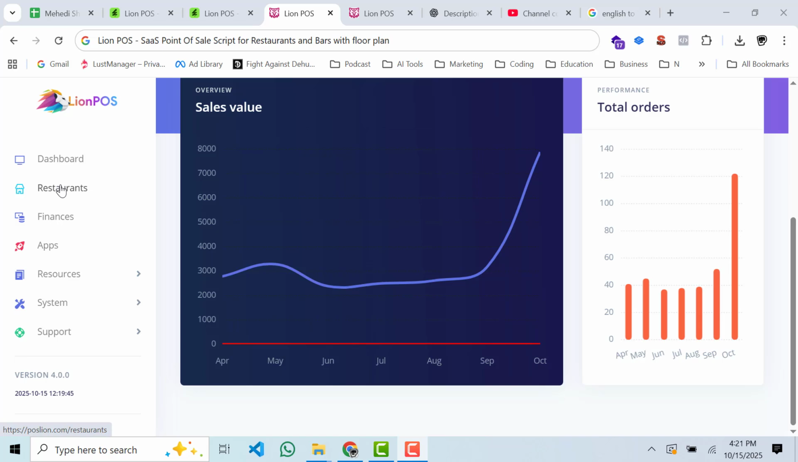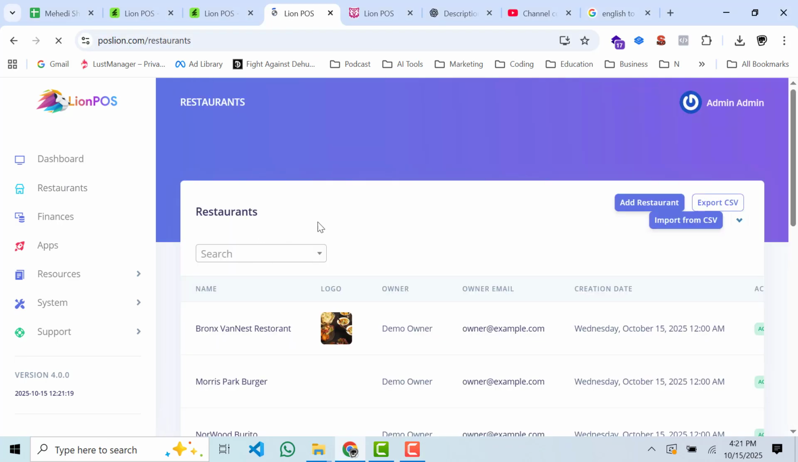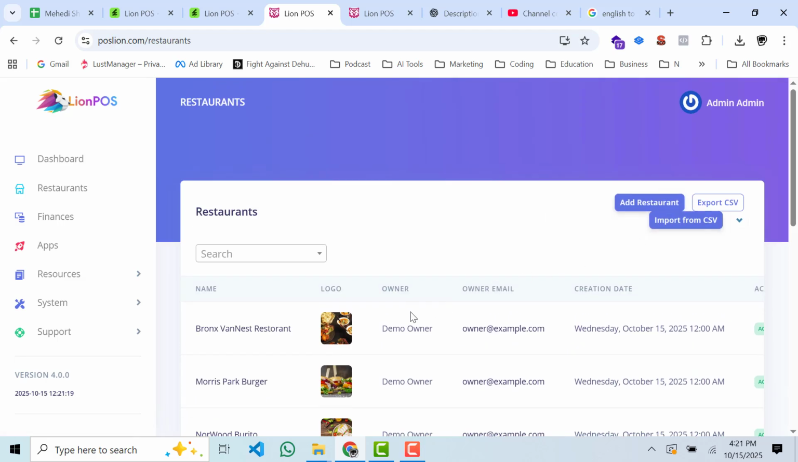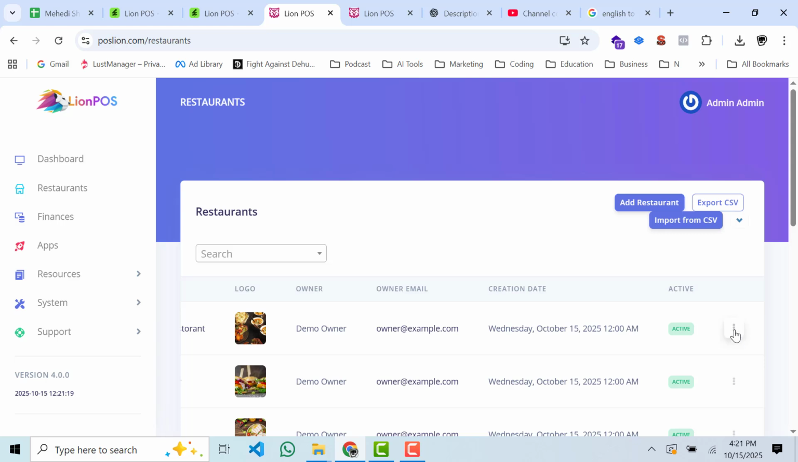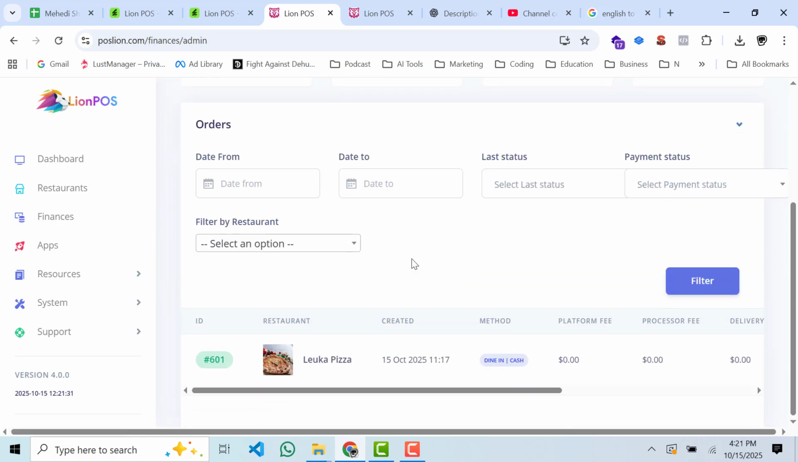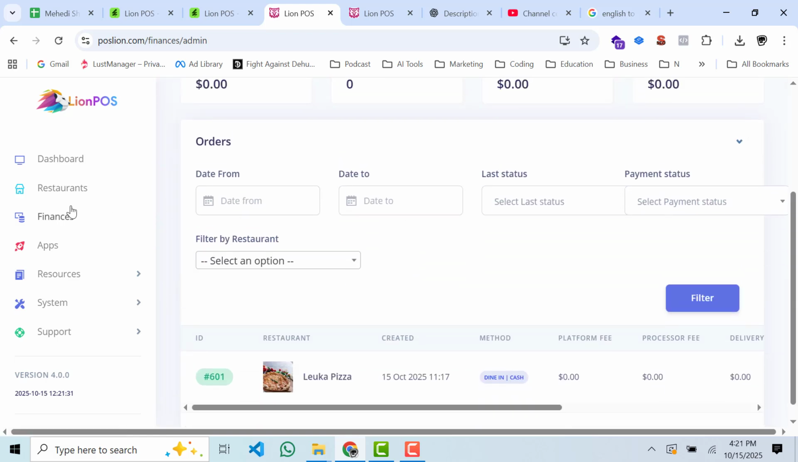Then another option is restaurant. You can add a restaurant, and you can also edit, change status, and delete. Then finance, all finance data in here. Then app,